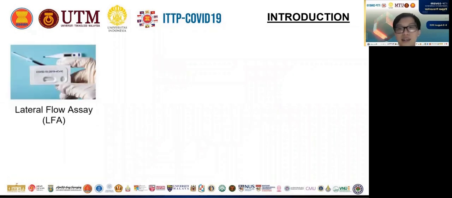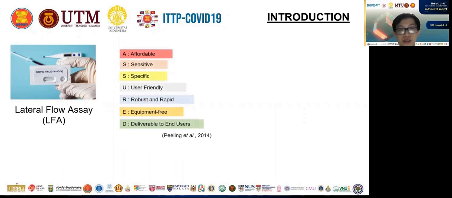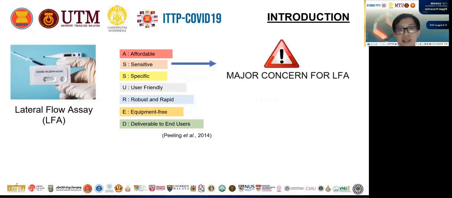Lateral flow assay is one of the best alternative methods for large-scale population screening because it is achievable and fast to detect. It meets the ASSURED criteria, which is affordable, sensitive, specific, user-friendly, robust, and equipment-free and deliverable to end users. But there's one point that has been a major concern for the lateral flow assay, which is the